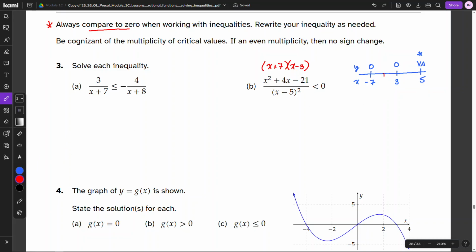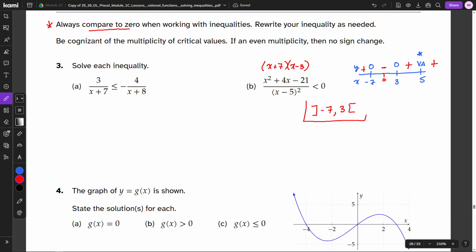Right? If x is equal to 0, the numerator is negative, but the denominator is positive. So if x is equal to 0, I'm going to be negative there. Odd multiplicity, change signs. Odd multiplicity, change signs. But at 5, I have an even multiplicity, so the sign's not going to change. So if I want to know when my function is negative, my function is going to be negative between -7